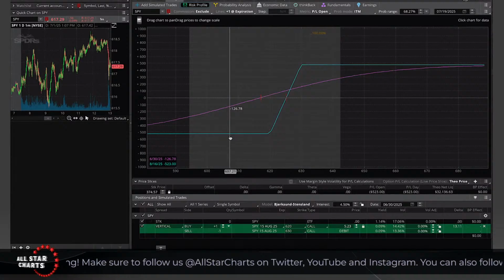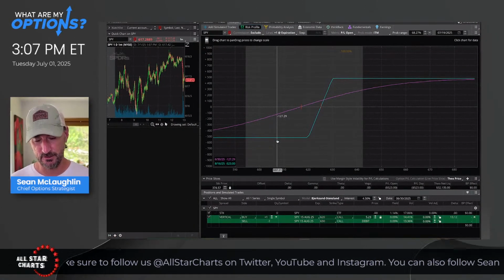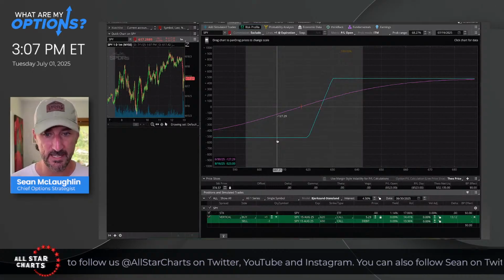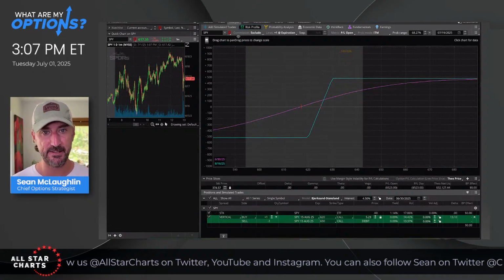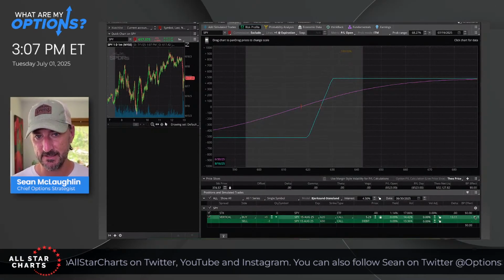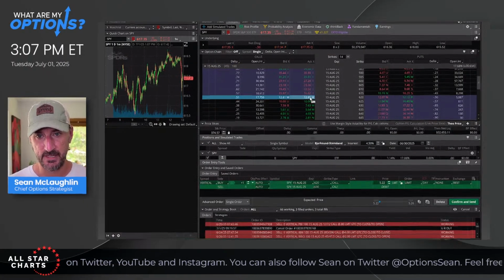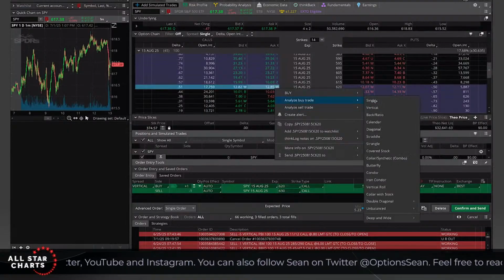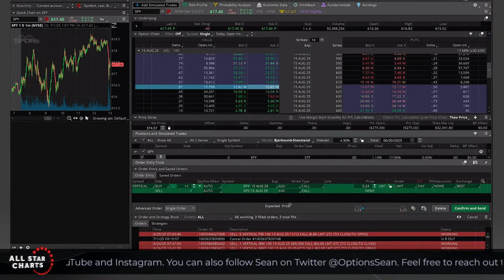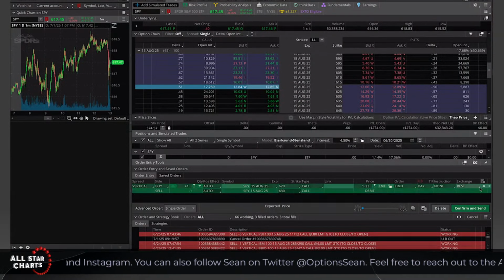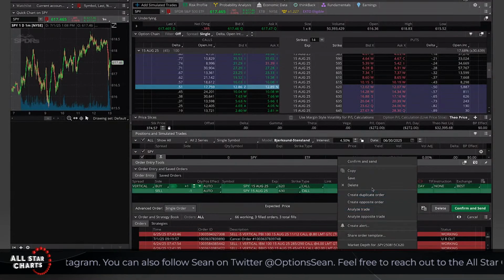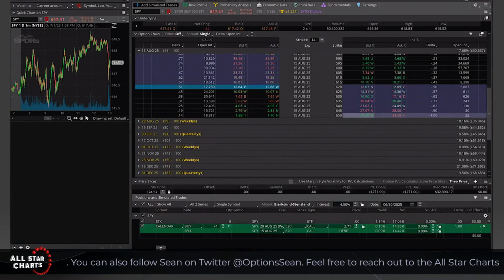Now the reader wanted to know, how do I choose between doing that or doing this type of trade, a call calendar spread? So a call calendar spread sets up differently. Let's create a new trade here, a call calendar spread. Let's say we'll do it at the 620 strike again. We're going to analyze a call calendar. Let's see. Why is this not working for me? Delete this. Okay, here we go.